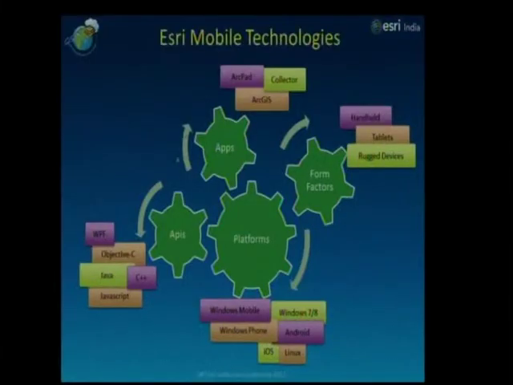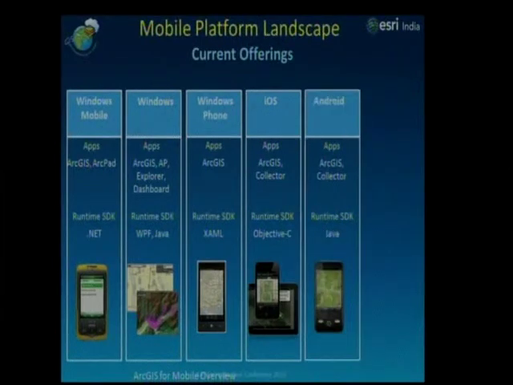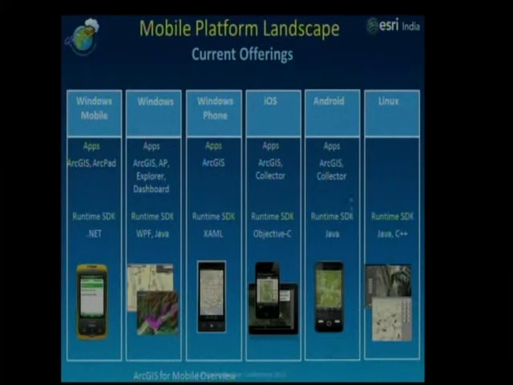So coming down to the RGS mobile, yes, that's the next platform. You can see these are all the platforms which we are supporting. There are various apps which have now been made out of the box for all of you to make use of, and there are many form factors and APIs which can be used for your consumption. When you look into the mobile platform, this is where our runtime environment has come in, and these are the various platforms supported. The best part is that Android can now support disconnected editing, which was the biggest demand from many of our users. Previously, only Windows was doing it. Now Android can also support disconnected editing for you.